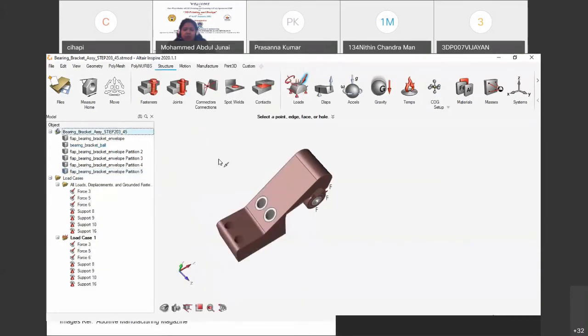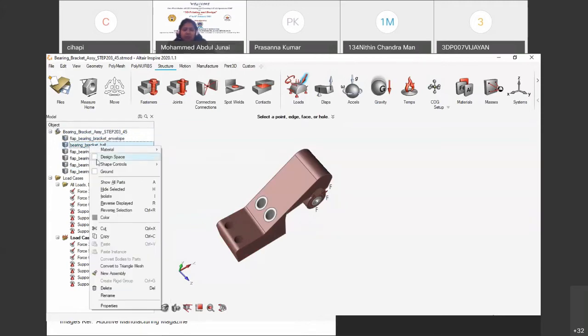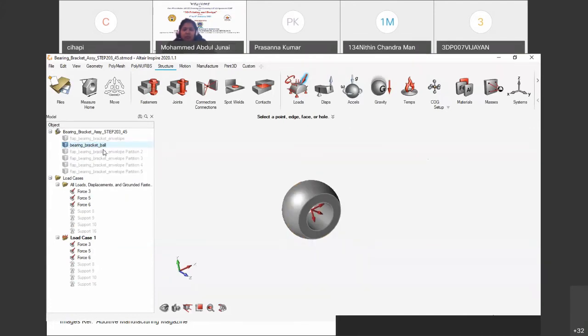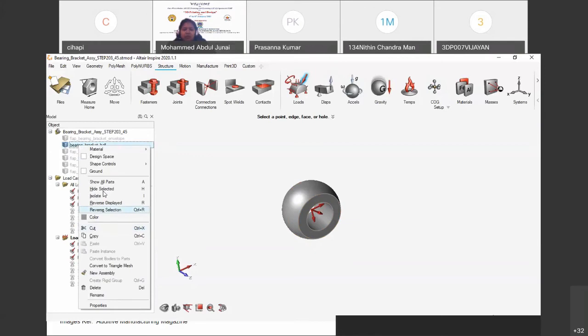Next, initially we just created the design and non-design space. We separated that and applied the loads. But actually we have to specify to the tool which is the non-design space and which is the design space. For that, I select a particular object for which I want to apply the design space and right click on it. Here we have a checkbox that is design space. It is already checked. This one is not checked because it is a portion which belongs to the non-design space, for example this bearing location, the bracket box. So I haven't checked that box. I will again select it.